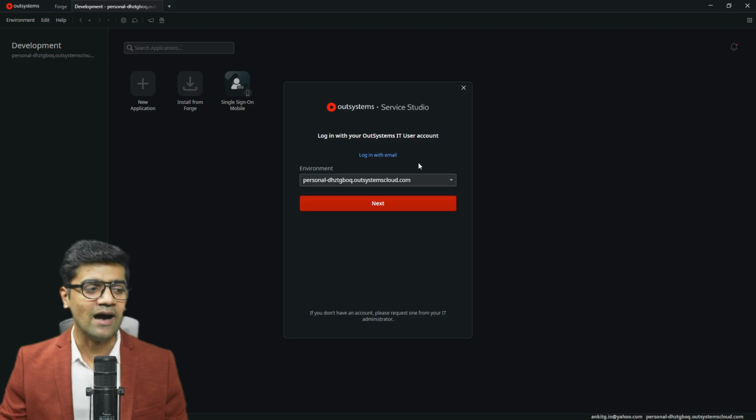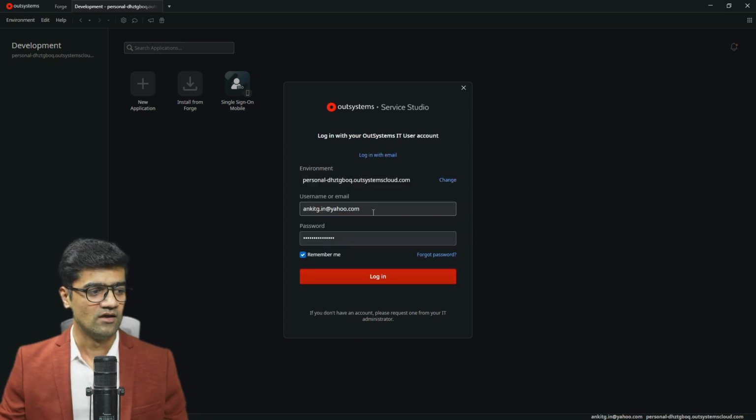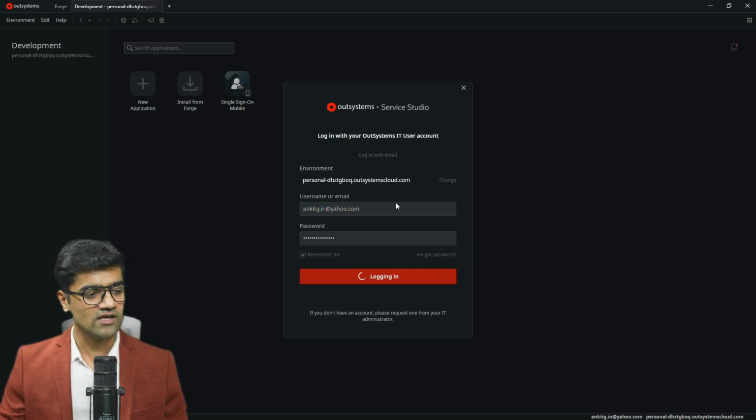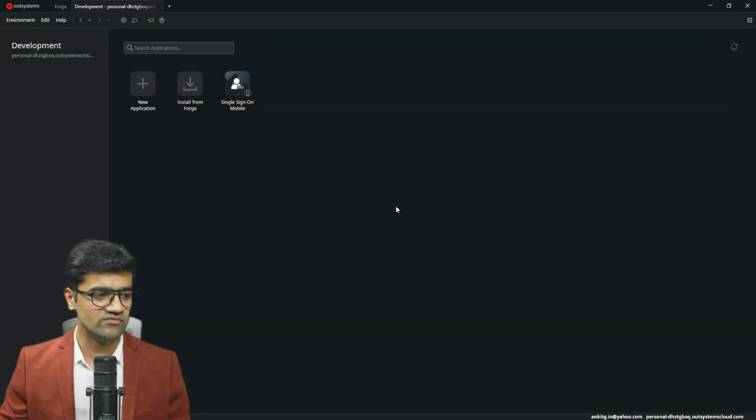Service Studio will ask you to log into your environment. So here you will have to provide your environment URL. Then you will click on next. Then you will provide the username and password which you have used to sign up to OutSystems, and you will click on login. After logging in, it will authenticate you behind the scenes. If everything is fine, it will allow you to log in,